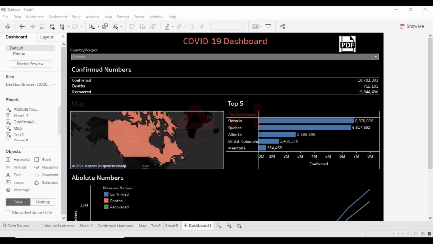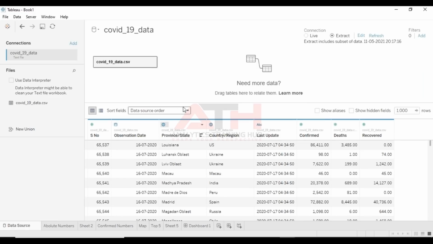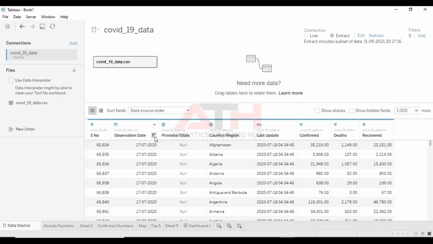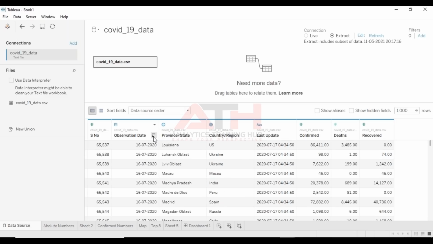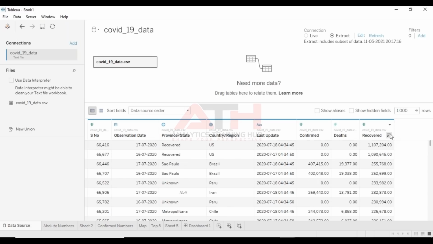If there is a huge amount of data, then how can we sort that data? Is there any technique? Do you want to sort data or do you want to prepare data? There are two different things. In order to sort the data, we can do the sorting from here the way we want to see it. When you say sorting, let's say I sort it date-wise here, lower to higher or higher to lower. It depends upon that. Or let's say I want to do it recovered-wise, so I can do it from here.